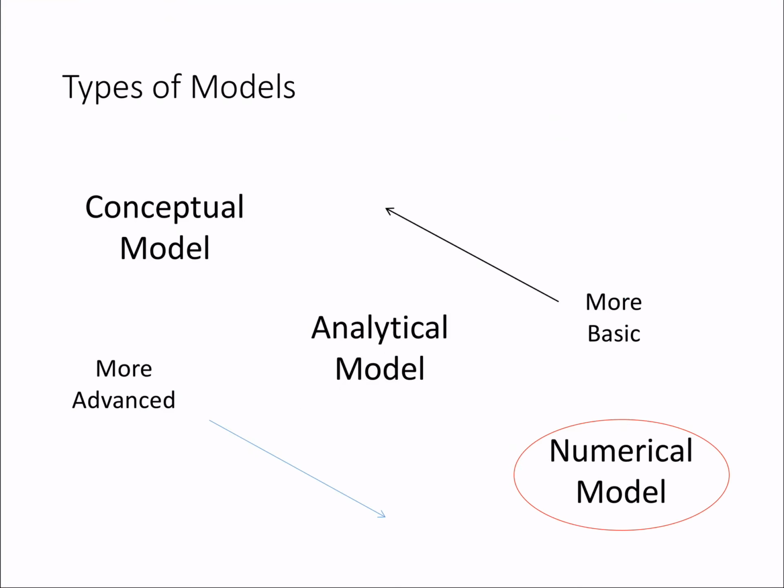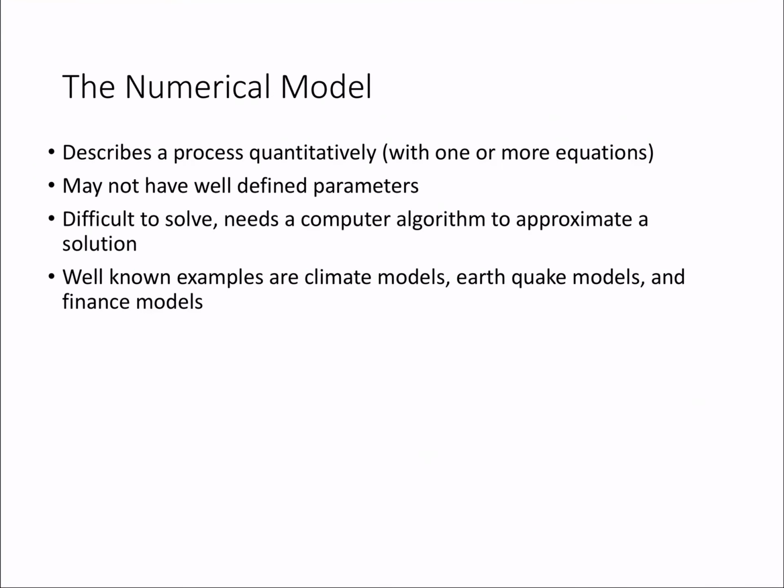All right, now we're going to move on to the numerical models. Numerical models are another type of quantitative model, so they use one or more equations to describe them. Usually more equations. All the analytical models we looked at only used one equation, but you can certainly have analytical models that use more. Numerical models do not necessarily have to have all of their parameters well defined. So maybe in that lake example, we just didn't know what the groundwater is. Maybe the numerical model also doesn't know what evaporation is. So you've got to figure out two things.